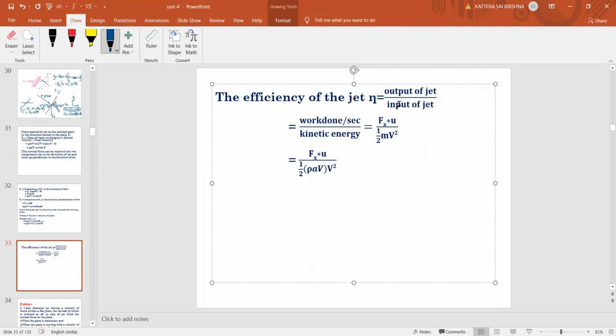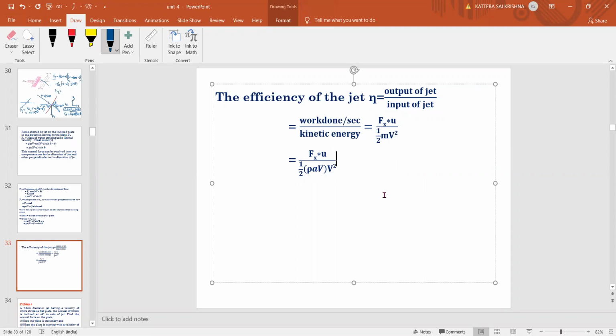Assume that it is not hitting. Input, output is nothing but after hitting, the work done by the jet. So in the input, we need to take all the velocity as only v. So Fx into u is the work done by the jet, and the kinetic energy is half m v square. The mass of the jet, the inlet jet, is rho a v, not (v minus u). Remember this, very important, because many people make a mistake here. We are talking about the input of the jet, not what it is doing after coming out, which we don't know at present. So for kinetic energy, we need to take only the v value.